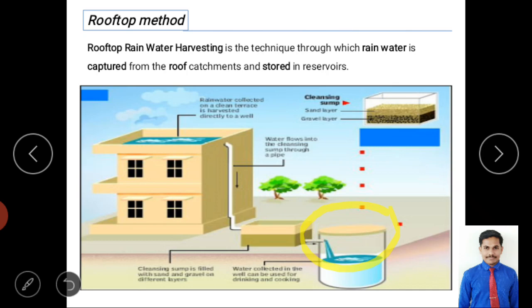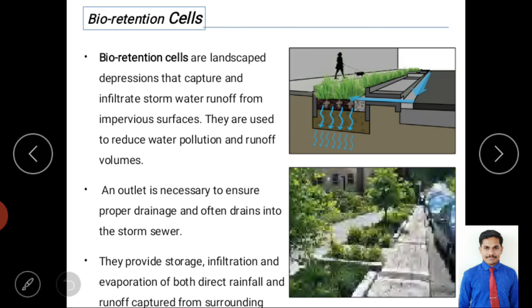So now we will see the next method, the bioretention cell. It is quite common in some corporate companies and hotels, for the aesthetic appearance as well as good water management. So what do we mean by a bioretention cell? It is just an excavation, right? For example, just as we provide gutters, similarly we provide unlined gutters, but filled with engineered soil as well as gravel.